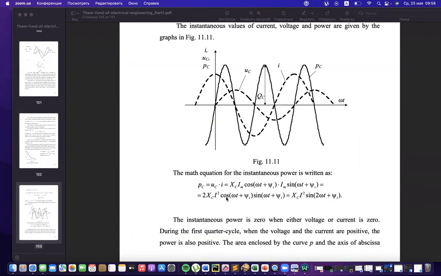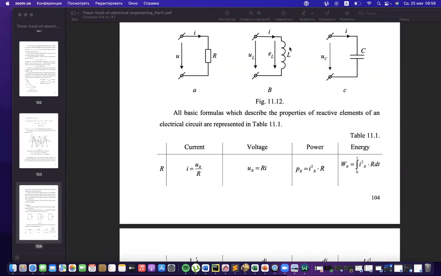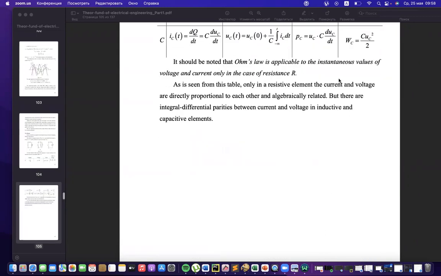Also, we obtained the table with main characteristics of these three main elements,